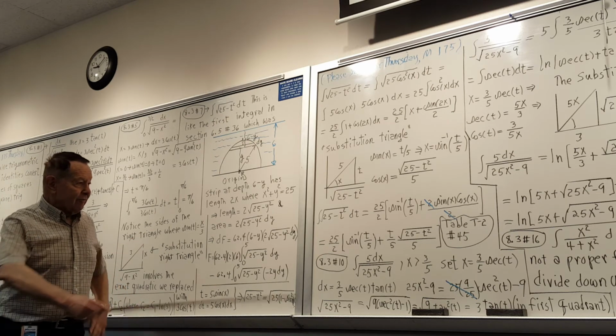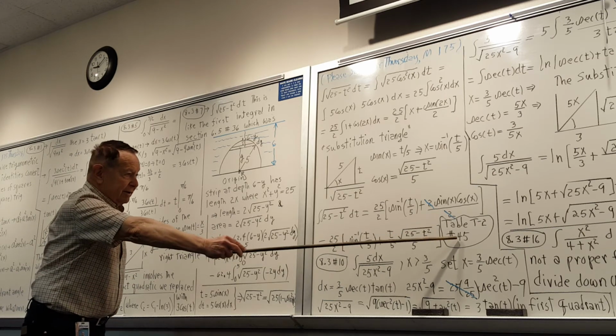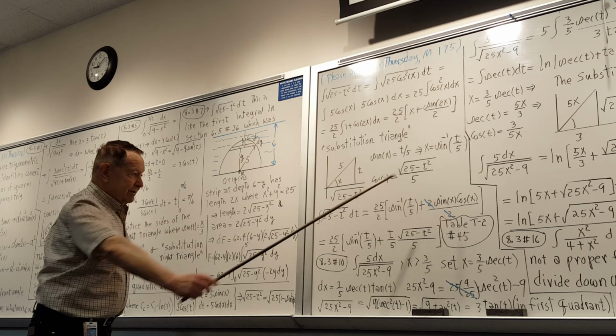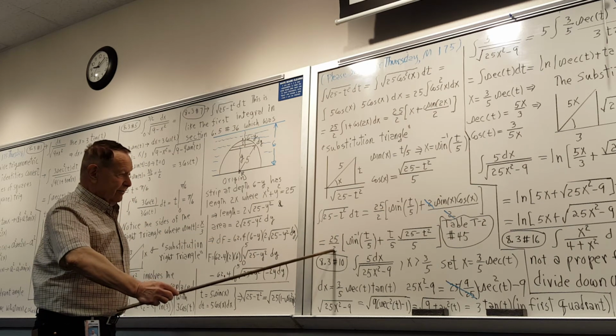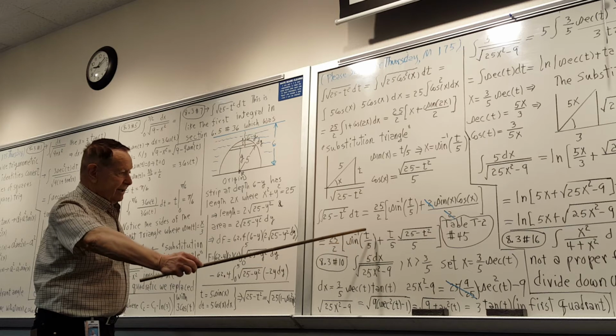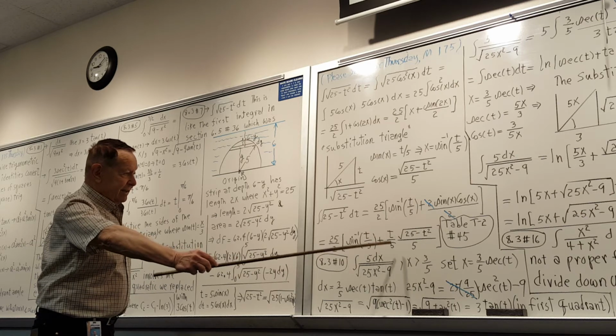So what you would have, if you actually look at the formula in table T2, is a square over 2 and arc sine of, I think the variable actually is x over a, and then